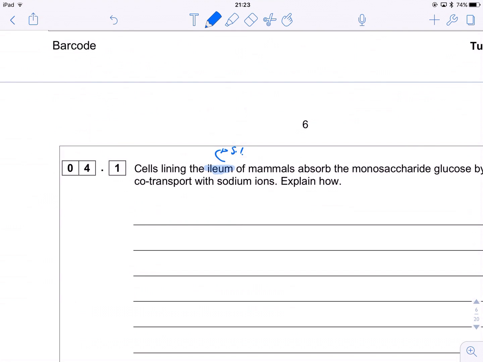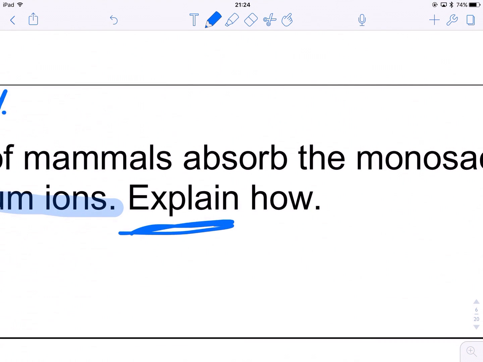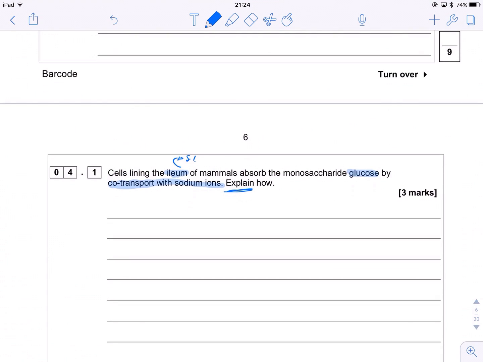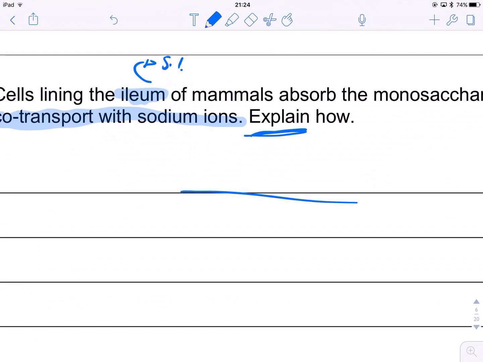Cells lining the small intestine of mammals absorb the monosaccharide glucose by co-transport with sodium ions. Explain how. So it's already told us the what, we just want to know the how. So I'm going to draw a quick sketch. The animation that I've done on the actual video of this is a lot better, but for the time being, we're going to have our ileum